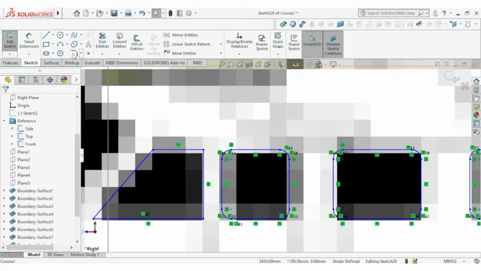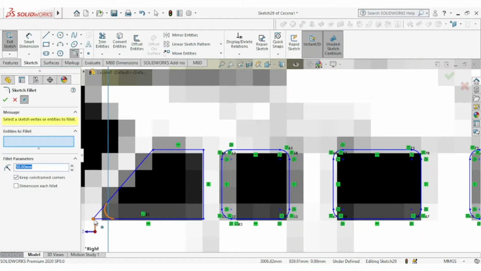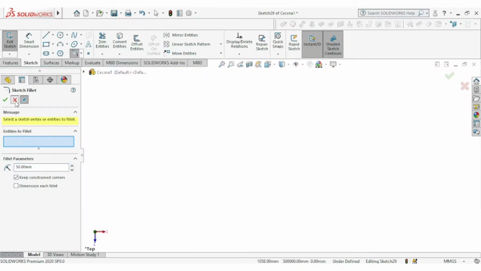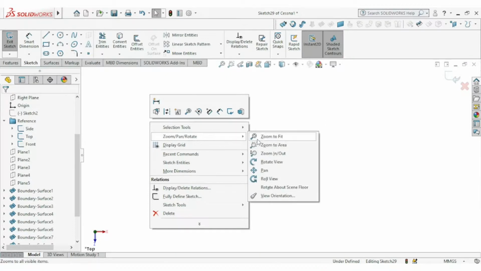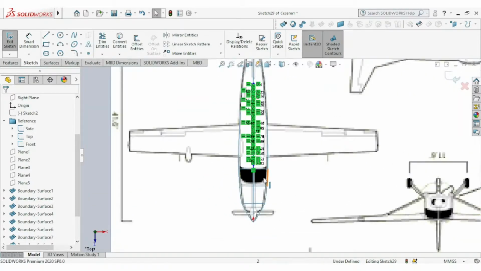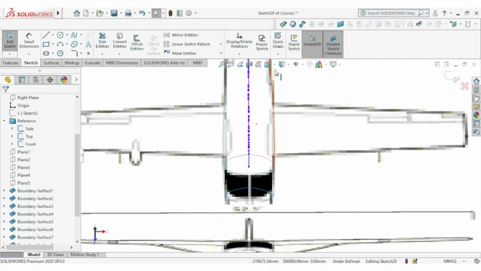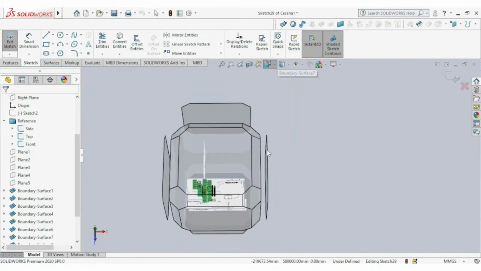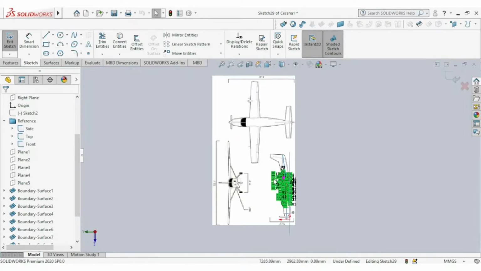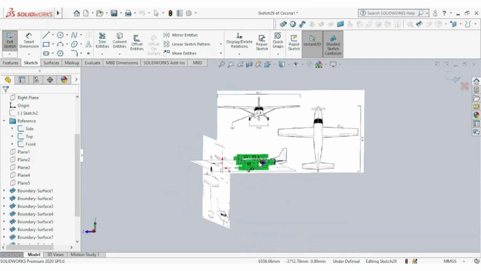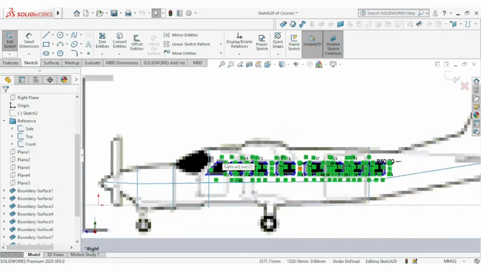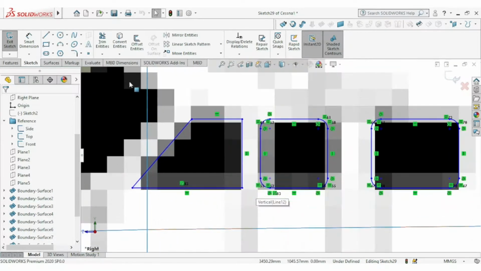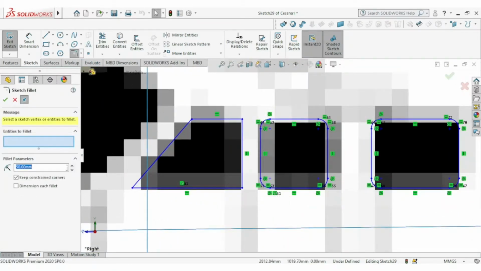Okay, and also fillet. Right click and zoom to fit. Where did it go? Go side. And let's go back to fillet. Let's reduce this.